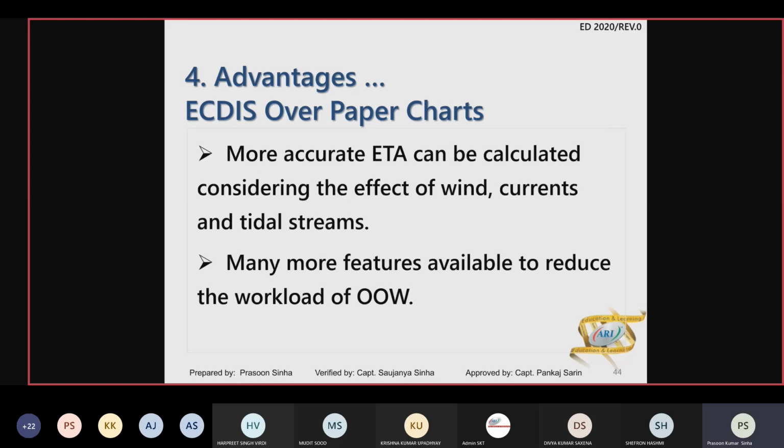There are some more features or more benefits of this. ETA can be calculated more accurately because the chart on the ECDIS is having all the information. So कहाँ पे कितना करंट है वो सब भी रहती है. उन सब को कंसीडर करते हुए